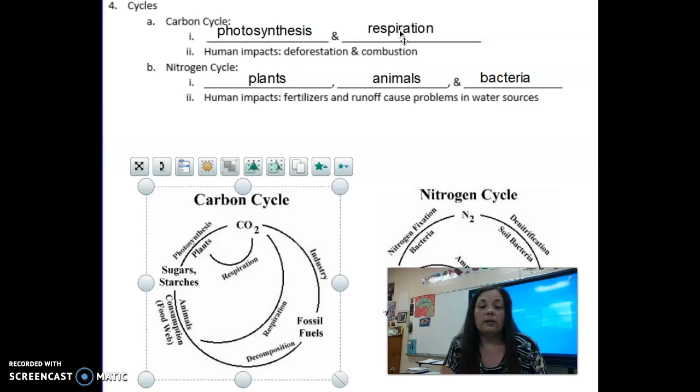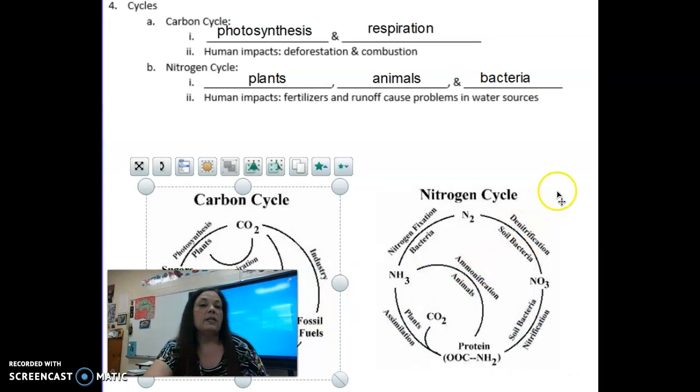And then another thing that we are doing to impact the carbon cycle is deforestation. Right? We're cutting down trees like it's our job. And of course we use the lumber for houses and, you know, different wood things for paper, but we're also clearing the land to make more housing developments or parking lots or malls or whatever. So not only does that decrease the amount of plants that are removing carbon dioxide from the air, it also causes habitat destruction. Okay, all right, now the nitrogen cycle, let me move this over.